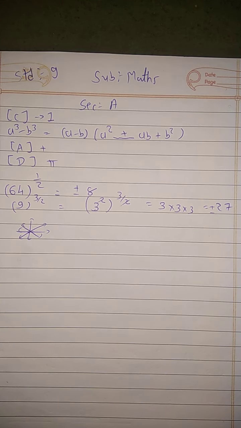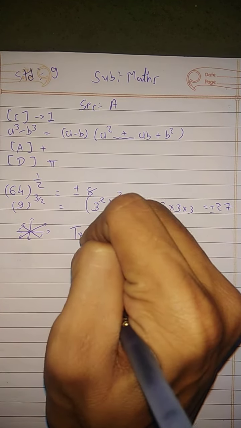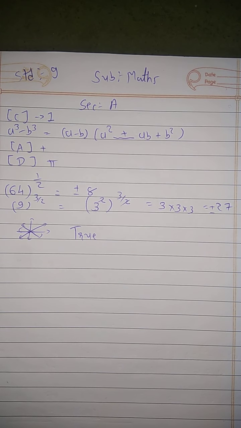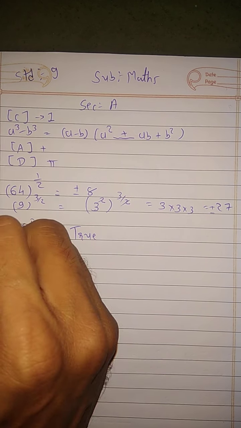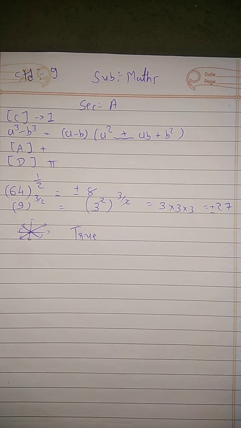So this statement is true. Then number 7, there are an infinite number of lines which can pass through two distinct